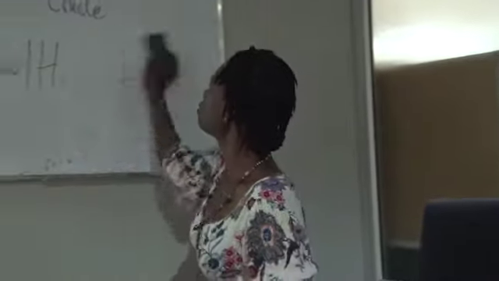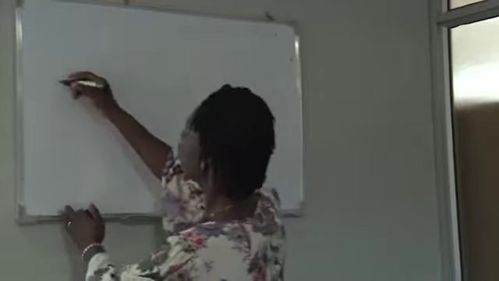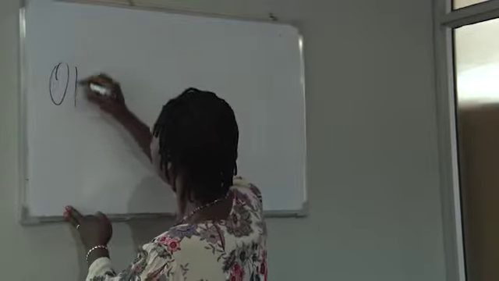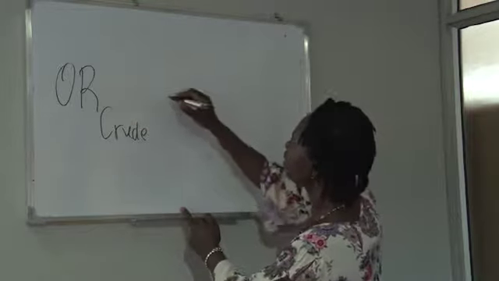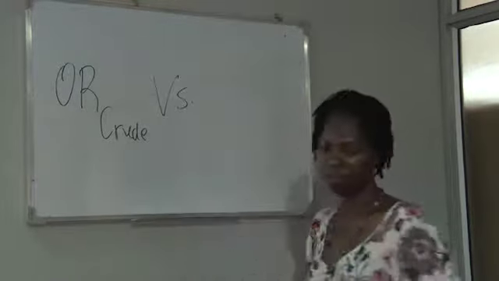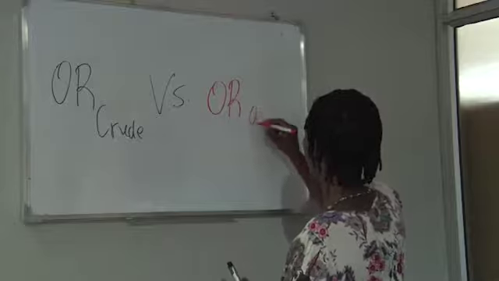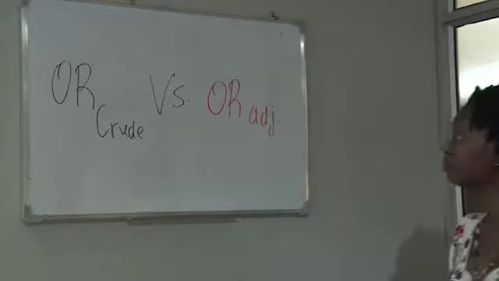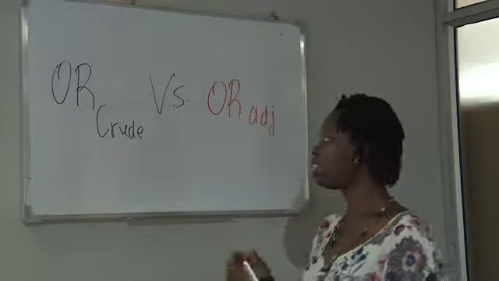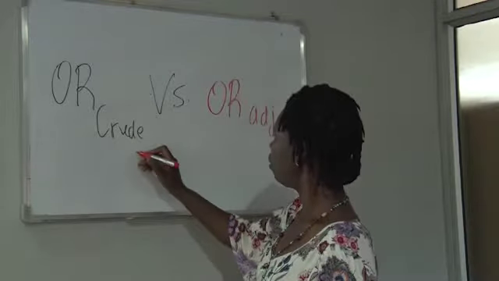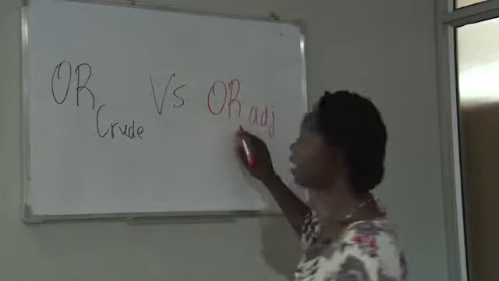Let me just show this. You always have the OR crude, which is the unadjusted or confounded one, and you're comparing it with the adjusted one, OR adjusted, in order to determine whether the kind of confounding that existed was positive, negative, or qualitative. If this crude is bigger than the adjusted one,